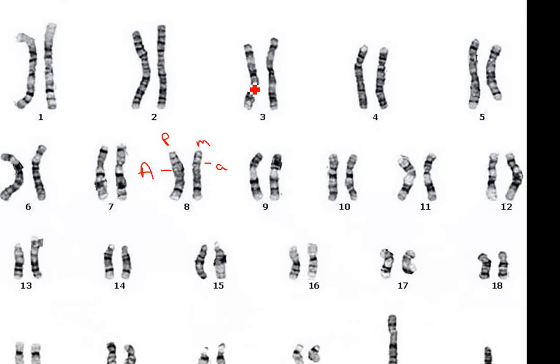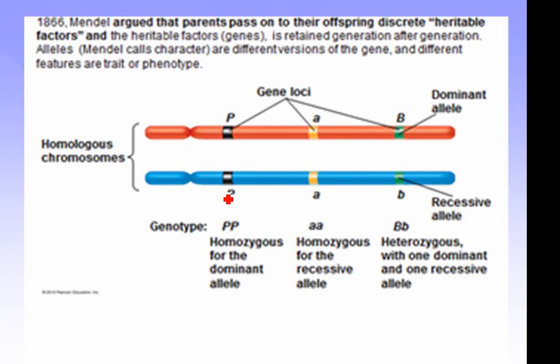So let's say we have a trait here, and this chromosome could have maybe 2 genes on it. My letter designation is just showing the possibilities, the alleles. Here's another picture, and it's trying to show, look at all these different loci. That means location. Homologous chromosome means, homo means same, logos means location. Same gene location. So if you look through here, you'll see it can be double big letters, double little letters,